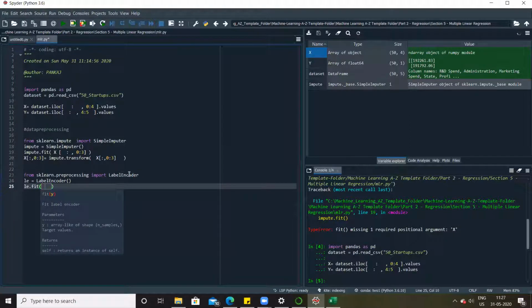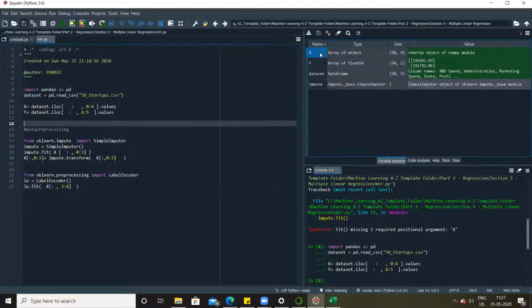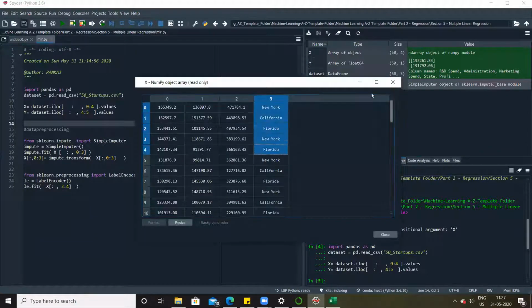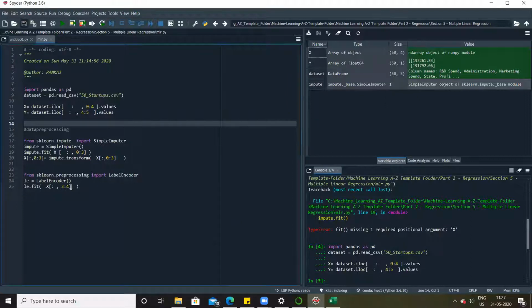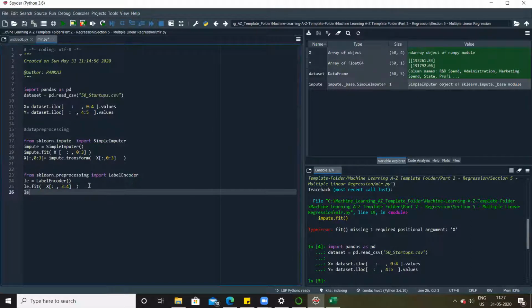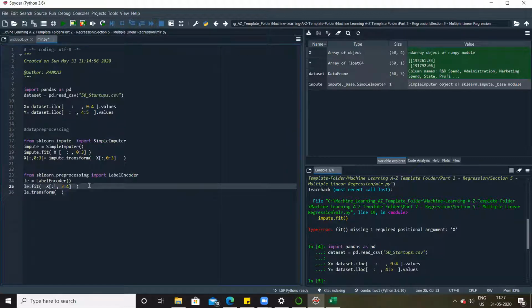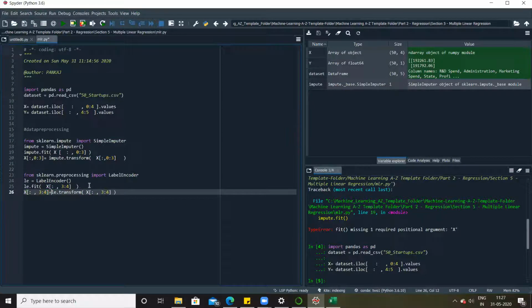In the fit method, I will pass variable X. I'll pass all the rows of X, but I need to pass only column index 3, because text data is in index 3. So I'm passing here 3 colon 4. And then I'll say le.transform, and again here I'll pass the same thing. Done.